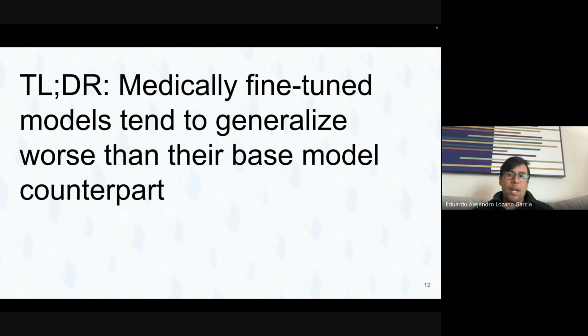So yeah, basically medically fine-tuned models do not generalize as well as their counterparts. And when you think about it, it is a data size problem, right? Because you might have, for instance, histopathology data, but it might be only from one hospital. And if that's the case, you only have one scanner. And we know, for instance for microscopy, specifically for histopathology, different technologies make the tissue look extremely different, right? It's super noticeable by the human eye, right? So it's definitely a batch effect.